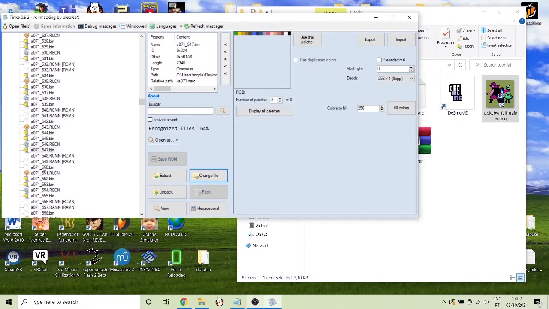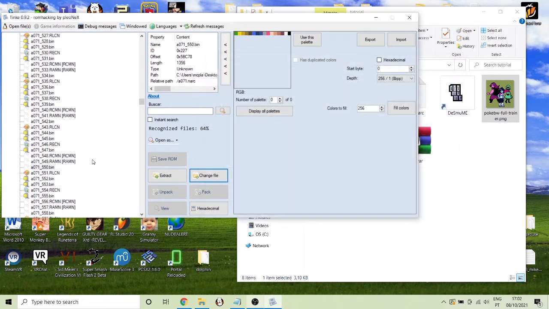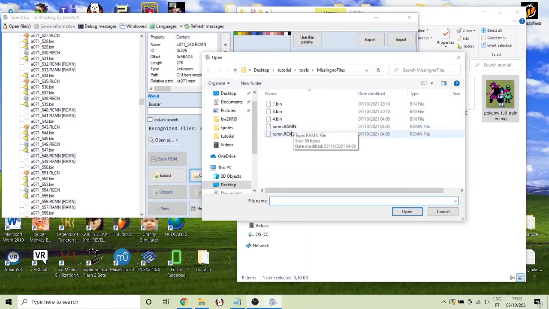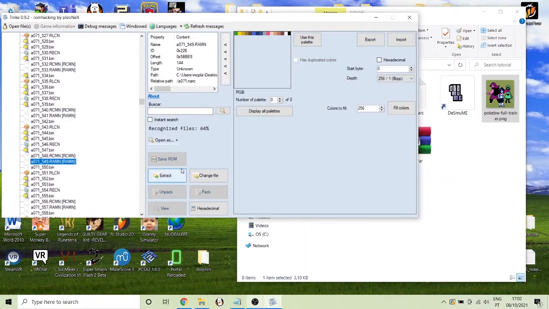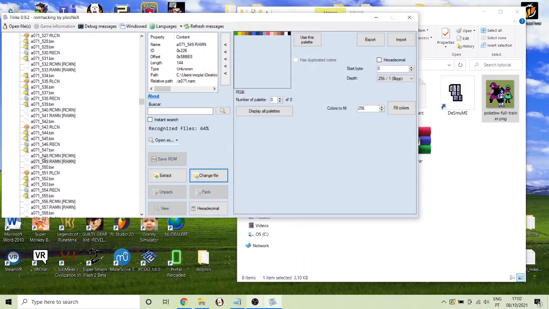And then, remember, this is also a bin. It doesn't have the icon, but this is also a bin. We're going to want to replace this as well with 4 bin, the last bin we have. And then we're going to replace RCMN with RCMN, and we're going to replace RAMN with RAMN. After we've done all this, and this is extremely important as well,